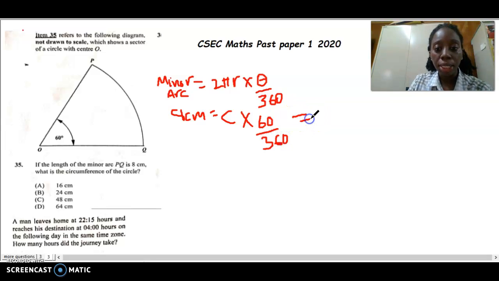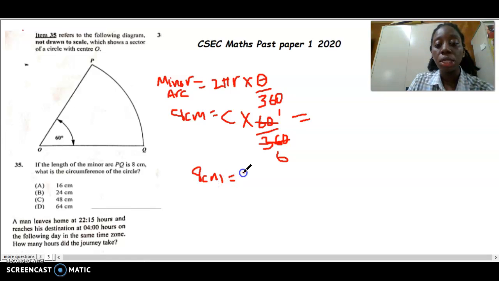All right, so at this point we can do some simplification right here. 60 and 360, they have a common factor of 60, so I can get one set of 60 out of 60. I can get 6 groups of 60 out of 360. So I'm now left with 8 centimeters,